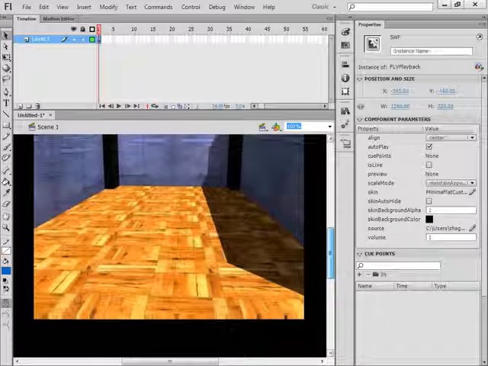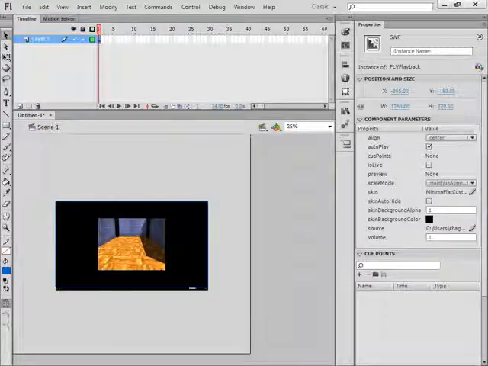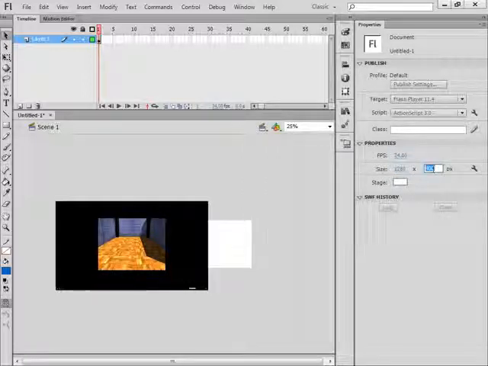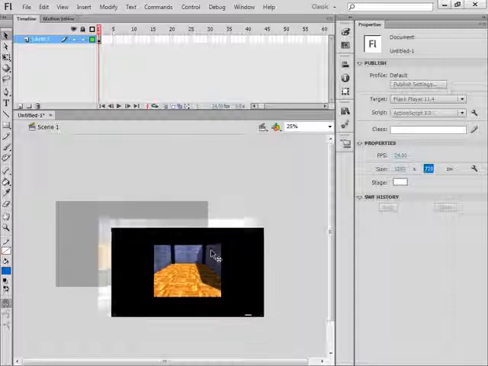Okay, so now let me zoom out because this movie is a lot bigger than my screen. This is 1280 by 720. So I would have to click on my stage and go with 1280 by 720. Now if I did that, that's going to be as big as this movie, the movie frame,